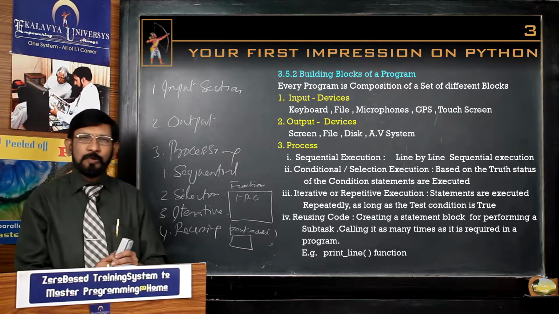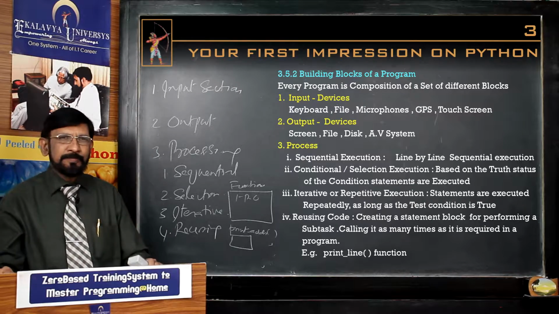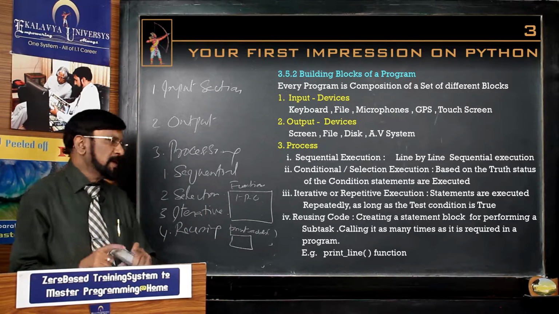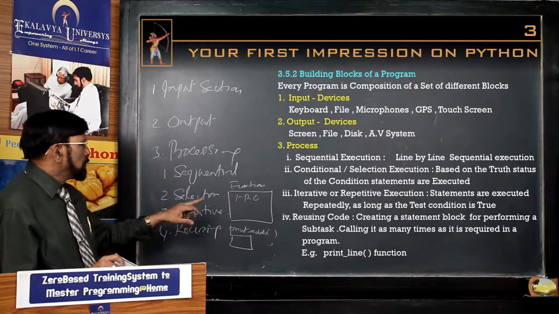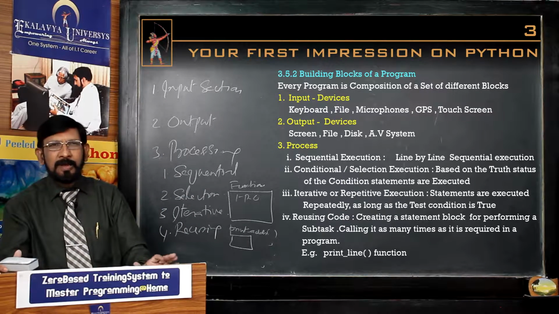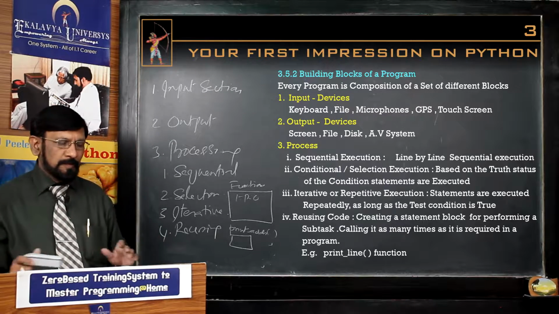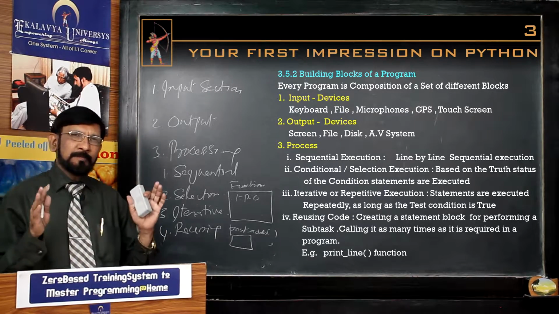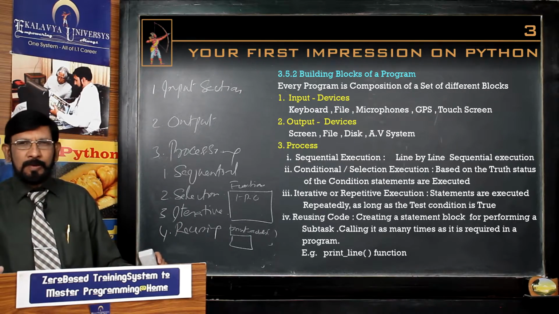For reusing code, several measures are there in programming. This using functions is one of the measures, and this will be part of processing. By reusing code, we can simplify processing very easily, and the program will be highly readable. So, by this explanation, you can understand what are the basic building blocks of every program what we write.